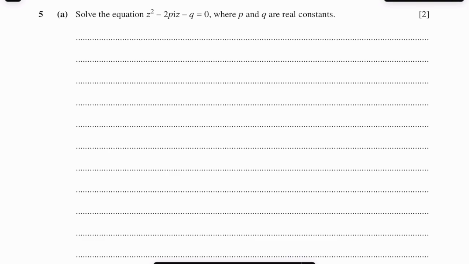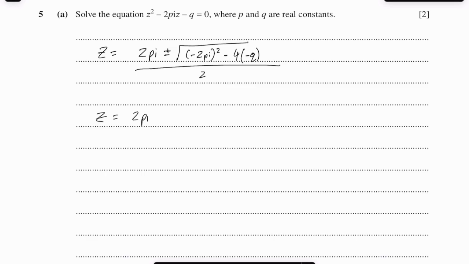No, we don't need to go into too much and make this more complicated than it needs to be. So z is going to equal 2p plus minus the square root of negative 2p squared minus 4ac, all over 2a. Okay,